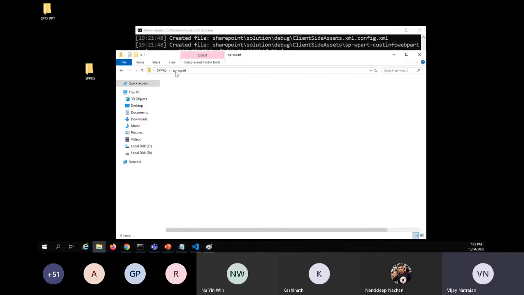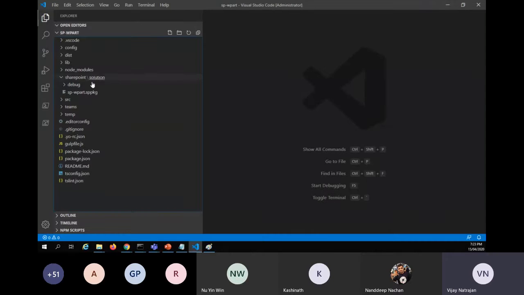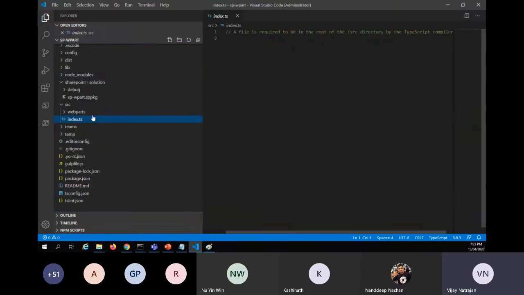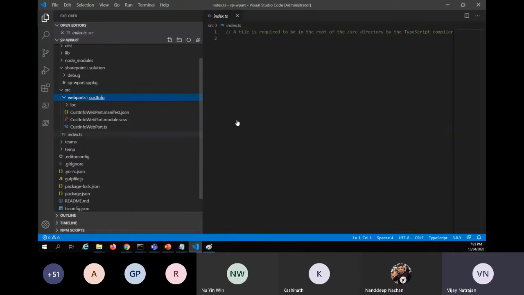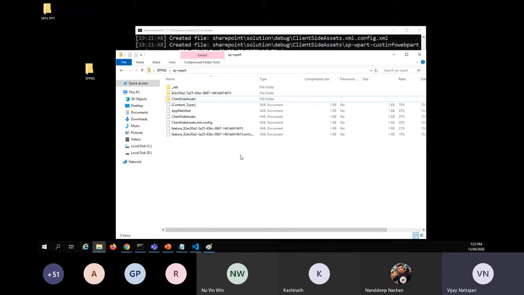Okay, so that means everything that you code in your web part, in the src, whatever you create here, everything is bundled into the SPPKG file, and that actually doesn't need any additional